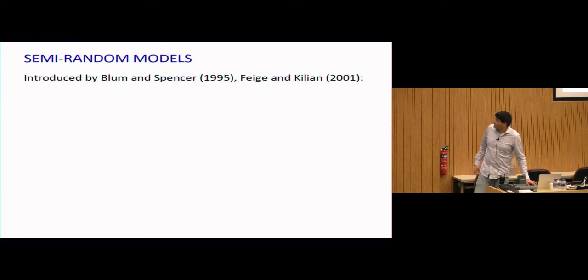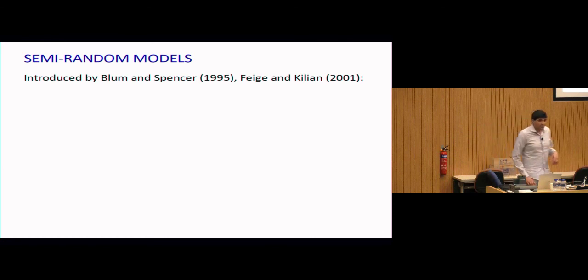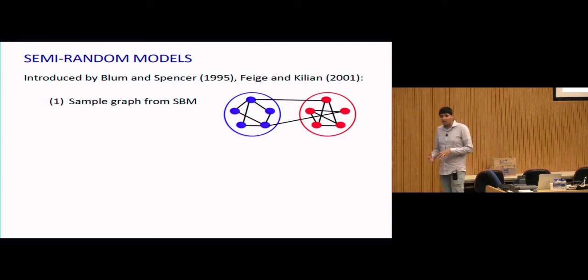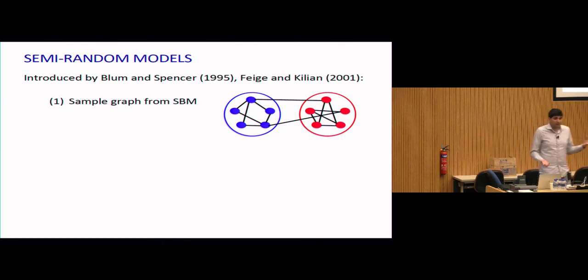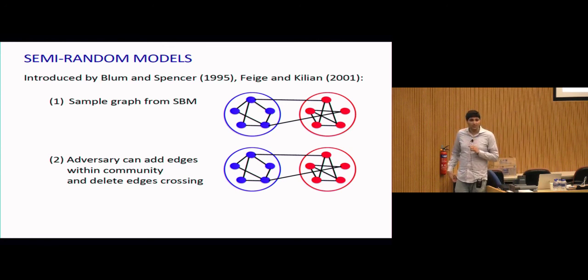So I want to introduce this last character, which is this notion of semi-random models. I think it's a beautiful idea, which was introduced by Blum and Spencer and refined by Feige and Kilian. It's a neat way to test the robustness of your algorithms. It's a little bit different than the types of things I showed you before. So instead it works as follows. The first step in these models is you sample something from the stochastic block model. Same as before, we can think about a planted bisection problem with connection probabilities a/n and b/n. But now what happens is you add an adversary, but this adversary is only allowed to make helpful changes.